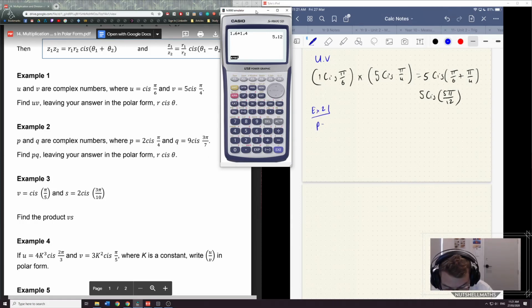Example 2. P equals 2 cis pi by 4, Q equals 9 cis 3 pi by 7. Oh, Krishnil's here for the first time. We want to find PQ. So we're going to have 2 cis pi by 4. I might even do it like this, right? I know it kind of looks uglier with all these brackets, but